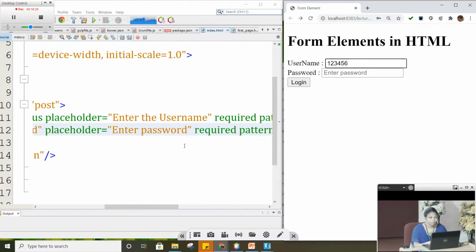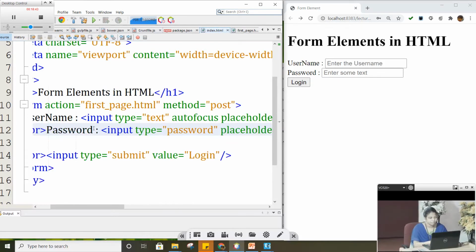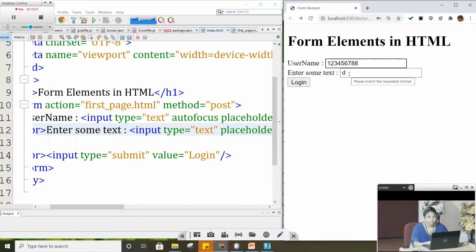So to make what I have entered visible, I'm going to change the password field to a text field. Here also, instead of password, I'm going to enter some text. So the type I'm going to change is text. So now you can see here what I enter, you can clearly see. Here first I have to enter some 6-character value. I'm going to start it with some other value.